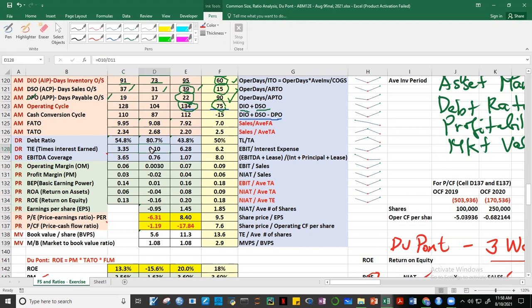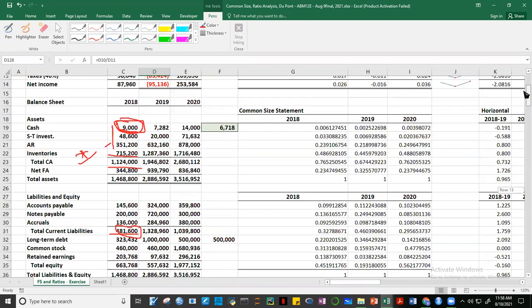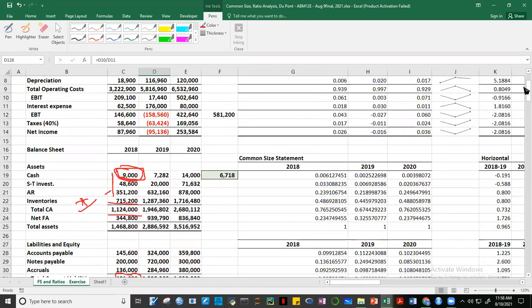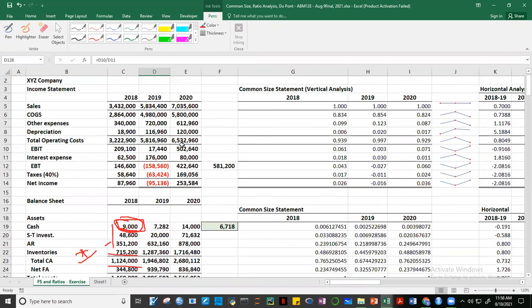Noong 2020, dito tumaas yung utang noong 2019 pala. So tumaas yung interest, no? Tapos bumaba yung EBIT kasi kung titingnan natin guys, take a look at this, the income statement. 2019 is a very critical year kasi ito yung EBIT, 17.4 lang. Tapos ito 176 yung interest expense natin. So hindi kaya natin bayaran yung interest expense from the EBIT. Kaya bumaba yung EBIT natin dito kasi ang taas ng increase ng total operating cost relative to your